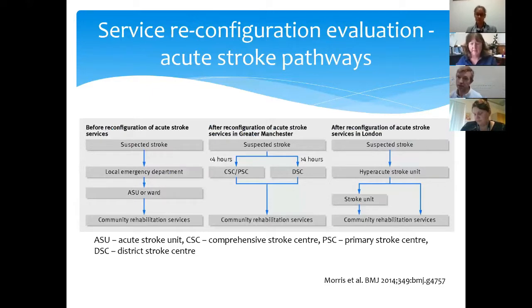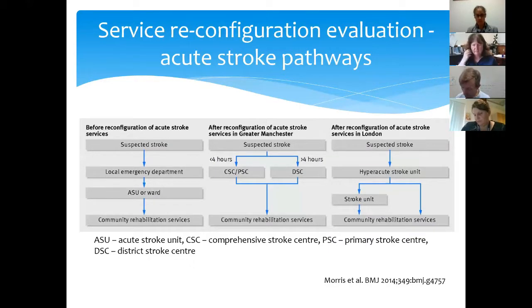So in Manchester, depending on when you present, if you present in less than 4 hours of onset of symptoms, you get referred to a comprehensive stroke centre or a primary stroke centre. If you're over 4 hours, you go to a district stroke centre, receive the appropriate care at those locations, and then on to rehab. In London, everyone goes to a hyperacute stroke unit, and then maybe down transferred depending on